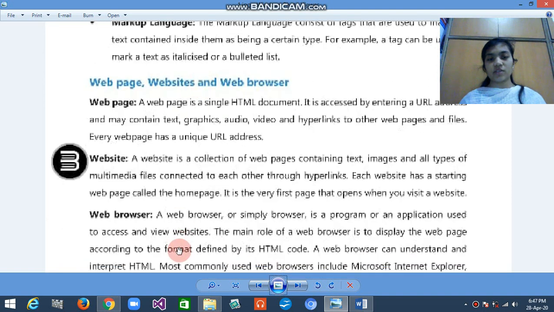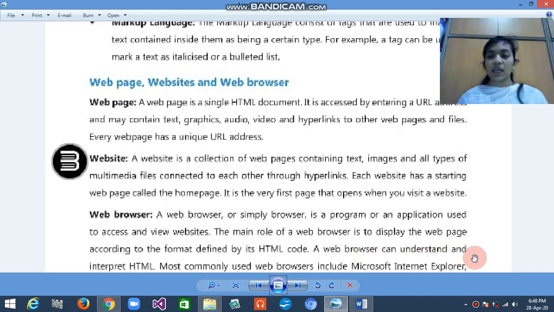Okay, so a web browser, or simply browser, is a program or application used to access or view websites. Its main role is to display the web page according to the format defined in the HTML code. This is the easy way HTML is used, but some more complex languages are also used to make websites.